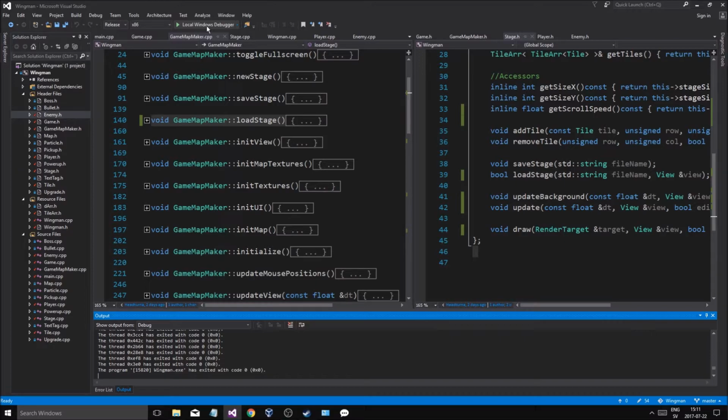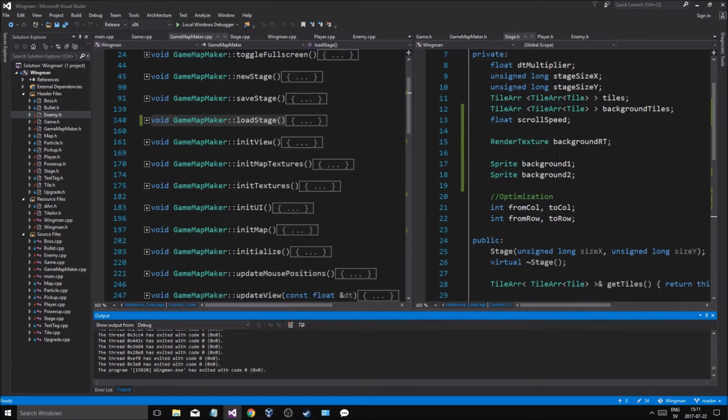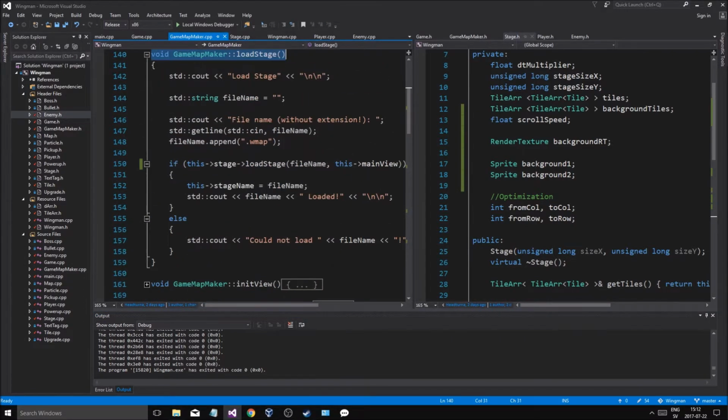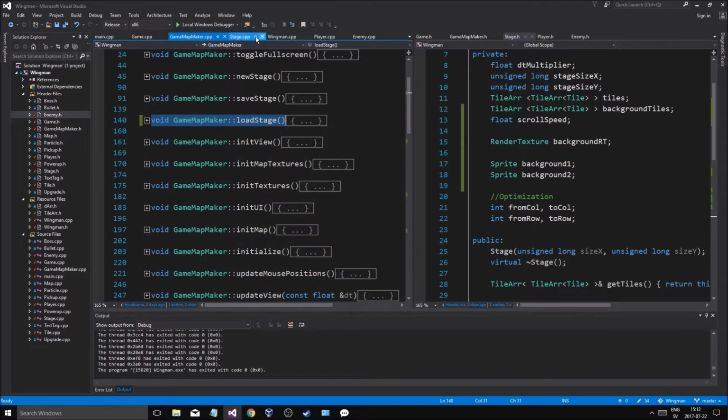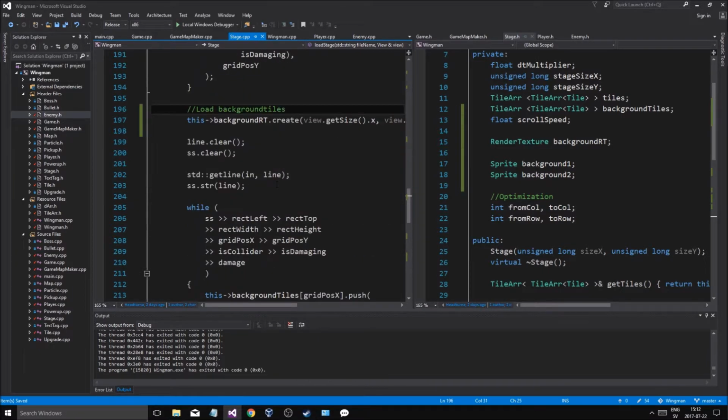I want it to scroll, and the only good way I can do that is to have two different pictures, two different sprites which are scrolling. So background 1 and background 2. That's good. Then I will do that. Actually, I will do that. I will set it to the size. If we go into our stage, let's set it to the regular, just the regular size. Then when we set,